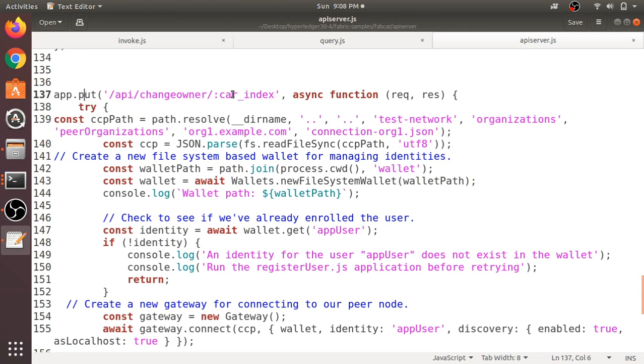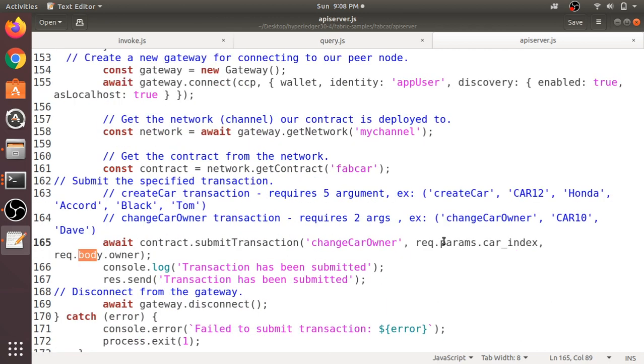I think you know these things. request.params and request.body are part of Express.js. So just go to the Express.js tutorials, and you can learn how to create APIs and all these things from there. And again you are submitting the transaction to the fourth chaincode function, change car owner. Okay, so these are the four functions we directly called from the invoke.js as well as query.js files.